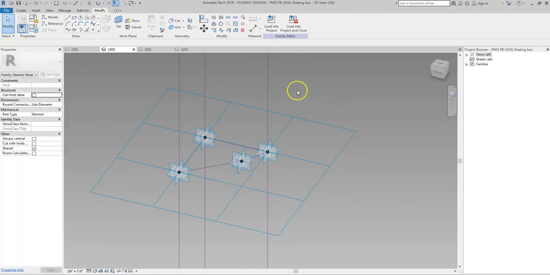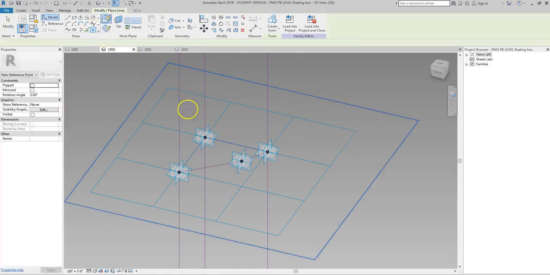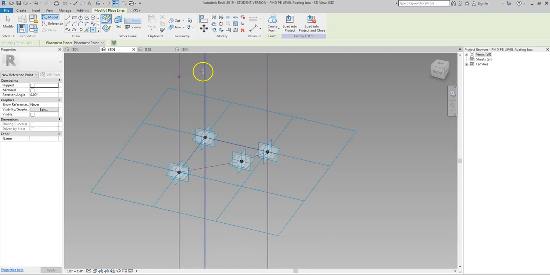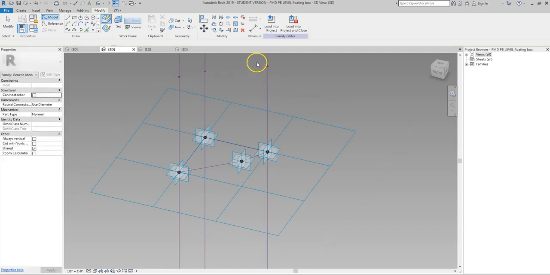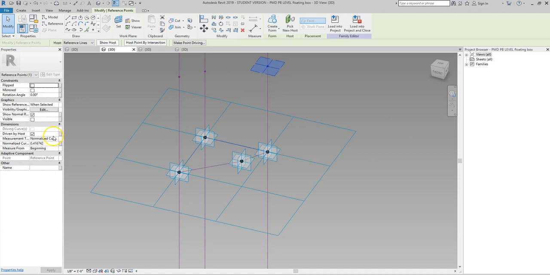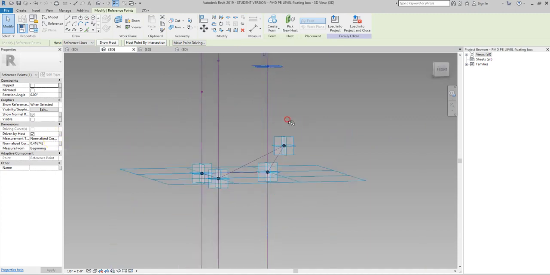Now, this is a really nice trick. This whole thing about intersections. I'm going to just drop a point on each one of these, right? And in the past, we grabbed that point and we've used the controls over here to either say a certain distance or not. But this is a more